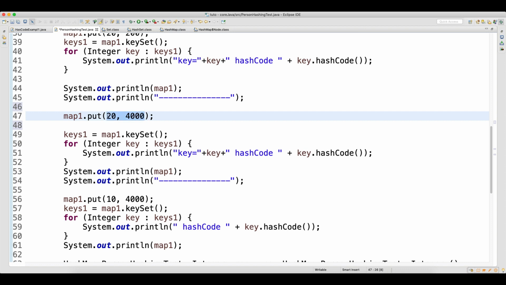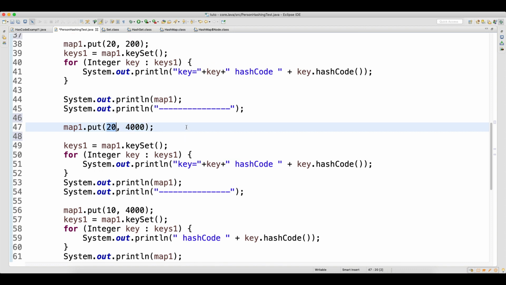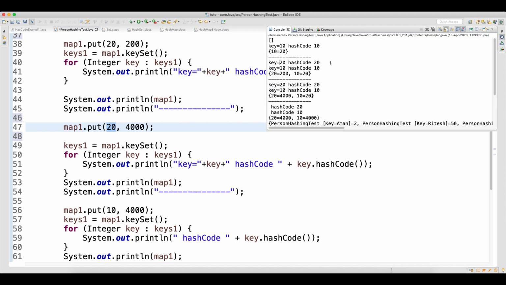So when you are trying to insert key equal to 20 again, what will happen when you perform the put method? First, the hash code will get generated for this 20 key. The hash code will be 20 only.